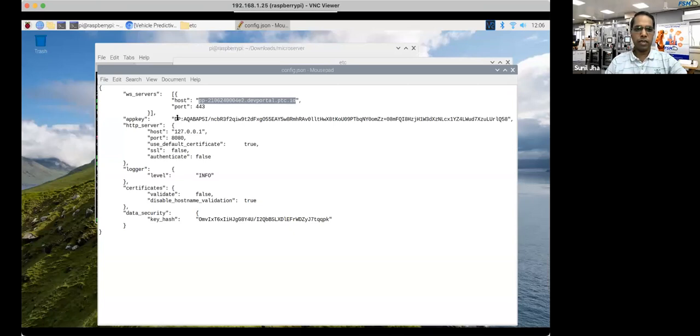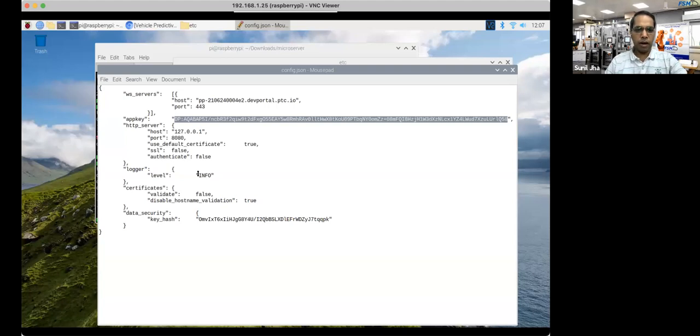Now let's go back to the configuration. This app key is a random key that will be generated once you execute it, but instead of that, you will be pasting your app key over here. For the rest, you are not supposed to do anything, because this device will be running two things: one is the HTTP server through which the Lua script will communicate with this device, and second is establishing connectivity with the ThingWorx platform.